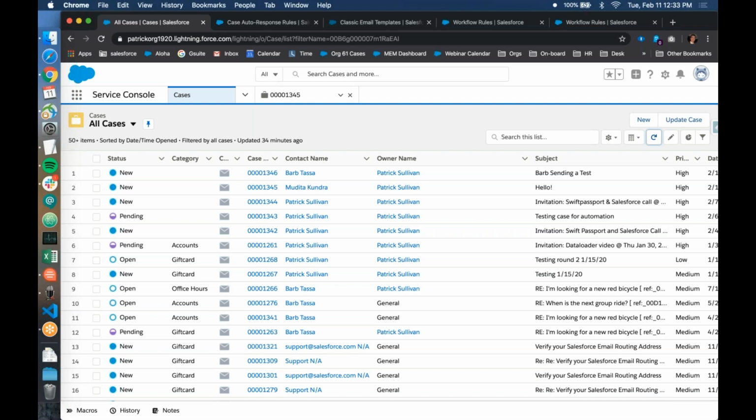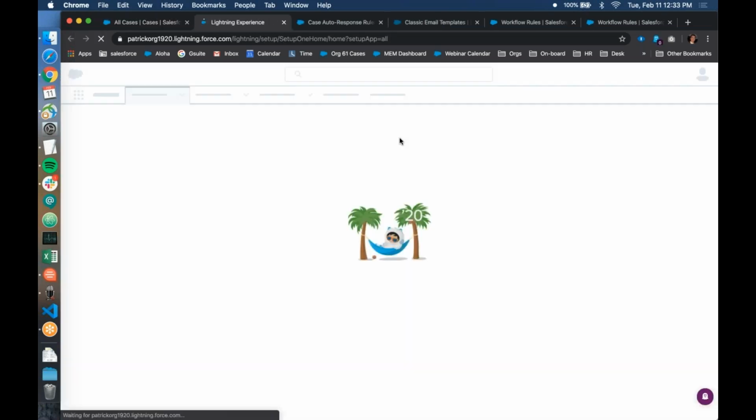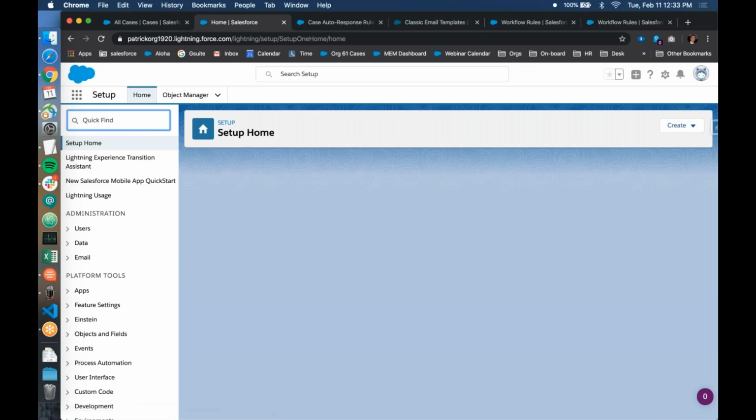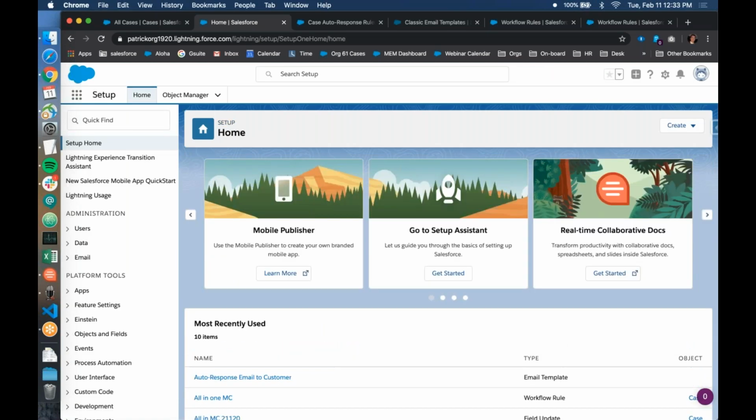The reason is that if cases are still flowing into Desk and they're flowing into Salesforce, it might cause confusion amongst your teams about where you are actually working out of, which isn't ideal. So there's two different approaches you can take. The first one is, if we look here at email to case, we can create email to case accounts in setup, as Barb was saying, and just use the specific routing address without having everything